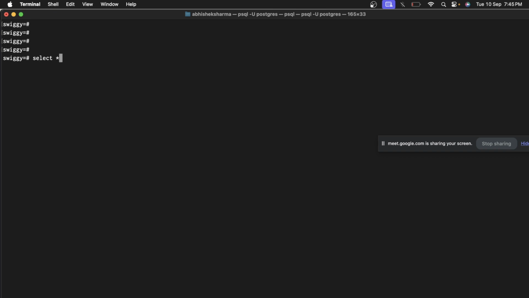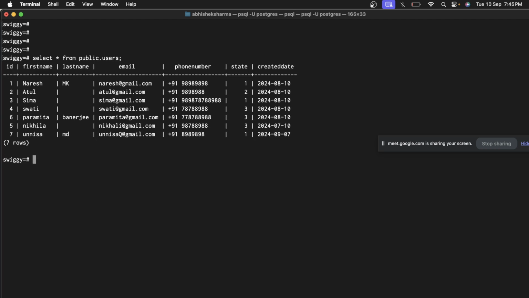Let's say select star from public users. It is simple. In the from clause, if we have a subquery, then it will be a from clause subquery. So let's take this thing only. Instead of taking data from users,